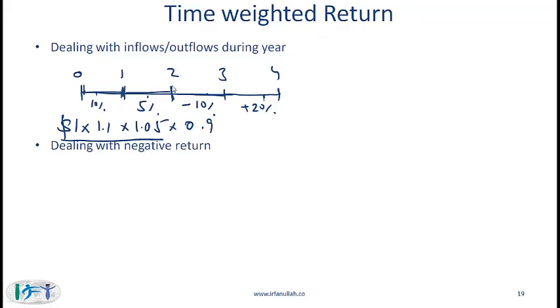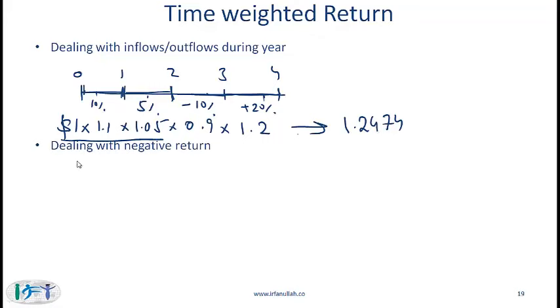So whatever value we have at that point will go down by 10%, and we express that by multiplying by 0.9. And then finally the fourth quarter is good, up by 20%, so we multiply by 1.2, and this should give us 1.2474,